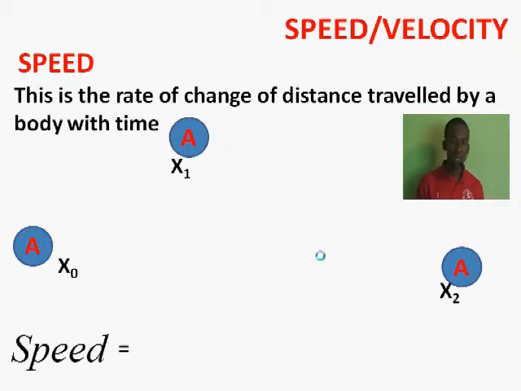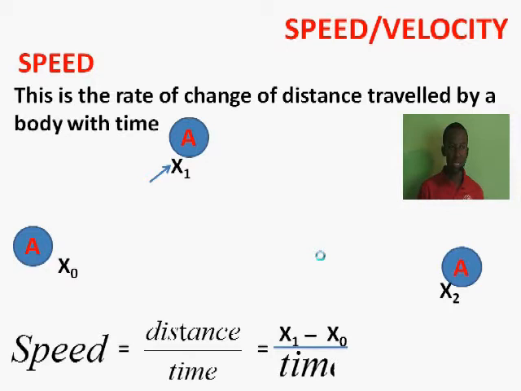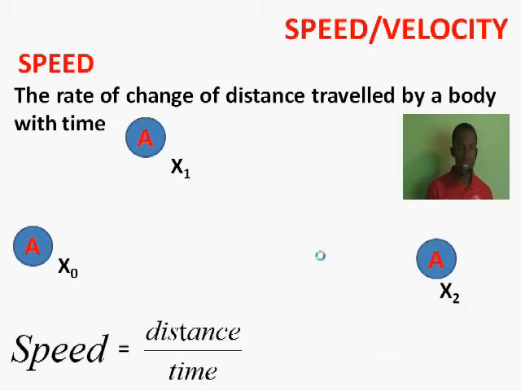We now see that speed, which we've defined as distance traveled over time taken, will now be gotten from the difference from its initial position when it started its motion, that is from x0 to x1. And that change will give us the final position s1 minus the initial position x0, all over the time taken for that change. Thus, we now have it as delta x upon delta t, where delta t is change in time.